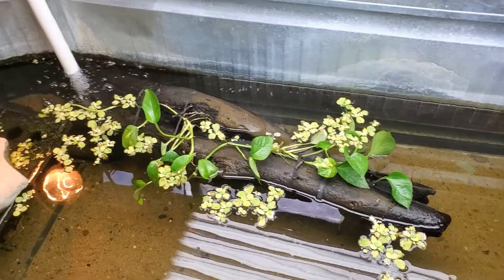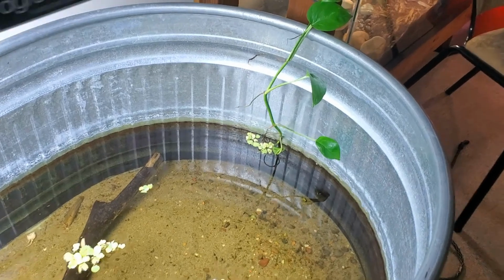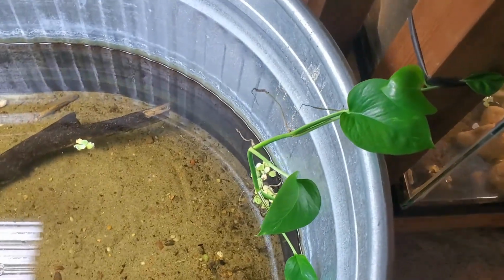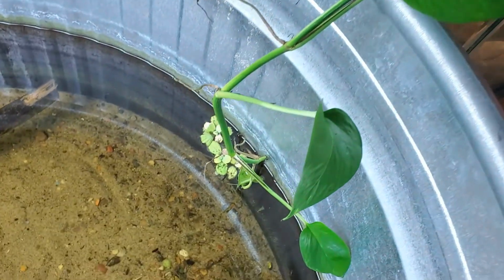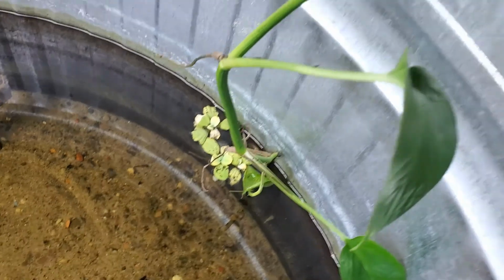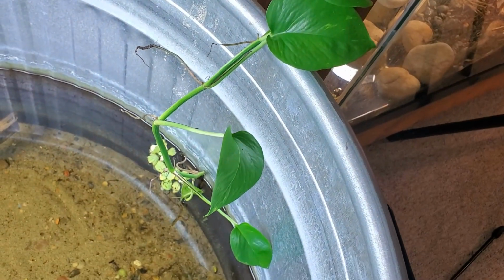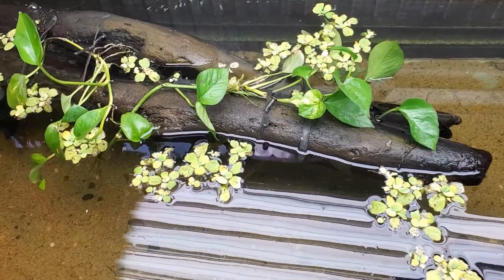But as you can see, things do look different here since the last time I filmed. We have some pothos vines kind of going crazy. Did a little experiment, and I just anchored it onto this other cage here, and the bottom is soaking up water from the tank, and man, it's thriving. Look how green that is. It is doing super well. And I made a little pothos raft here by